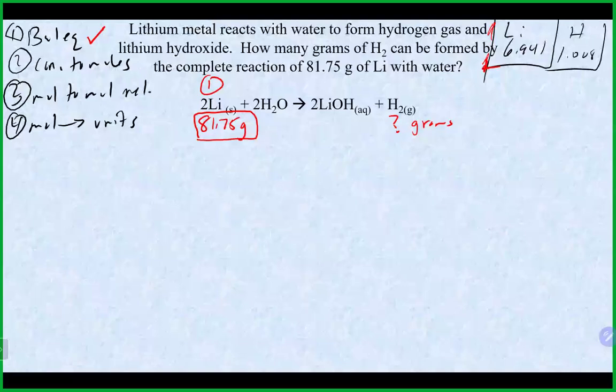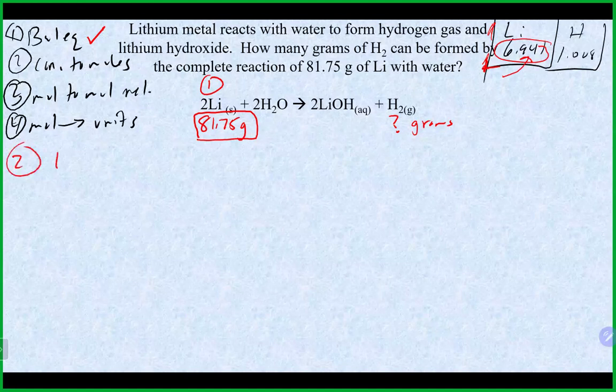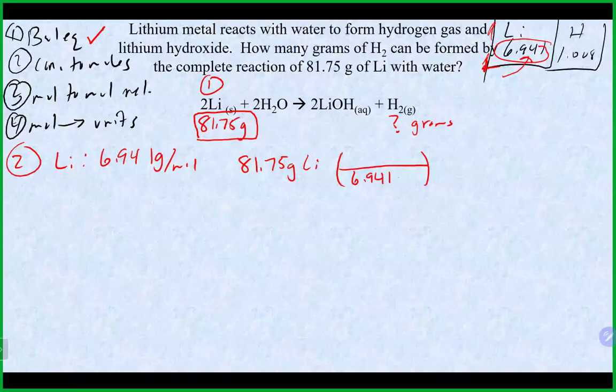We do need to do the second step here, which is convert to moles. If it wasn't given to you, you would go to the periodic table and get the molar mass of lithium. From the periodic table, we can see that it is 6.941 grams per mole. So our second step is to take what they gave us, 81.75 grams of lithium, and do a conversion from grams to moles. We do need the grams on the bottom so that they cancel out. We multiply the top and divide by the bottom, and in this case we will end up with